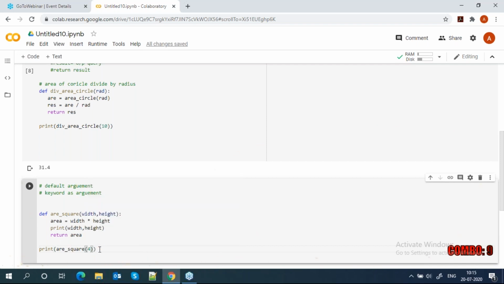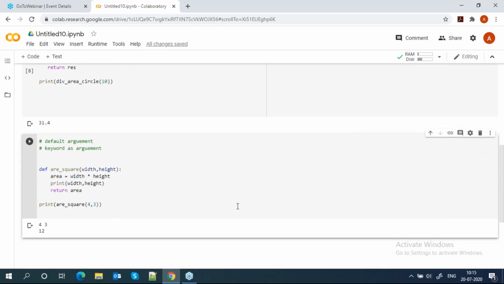Suppose here I'm writing 4 comma 3. So you can see that my area is 12. And here also I get 4 and 3. So in width I pass 4 and in height I pass 3.